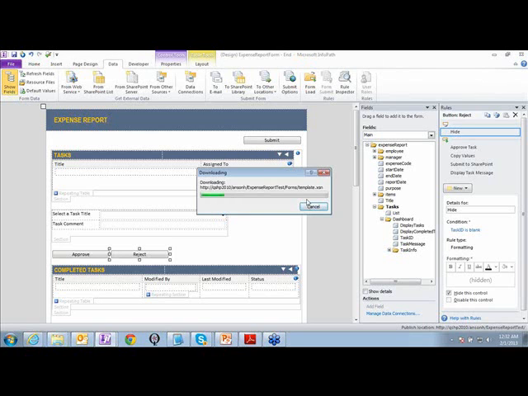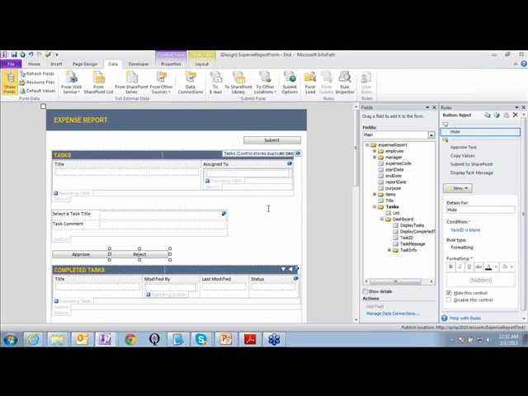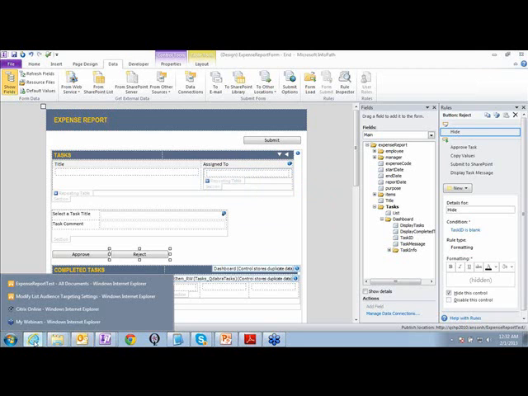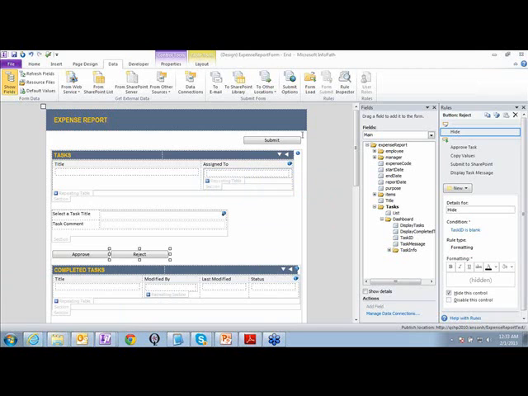Publishing is taking a while, but hopefully it will be done in a moment. Okay, so if we go to the form library where we publish the expense report,